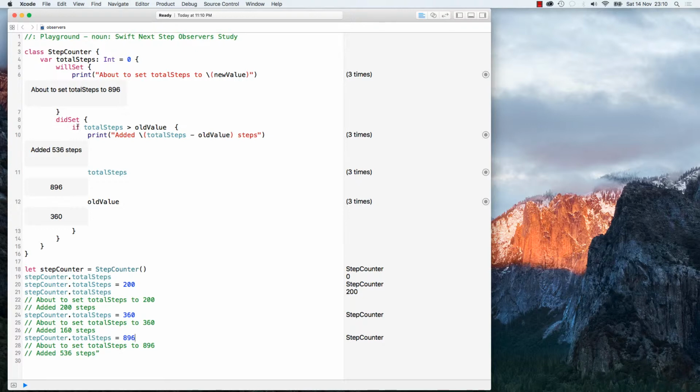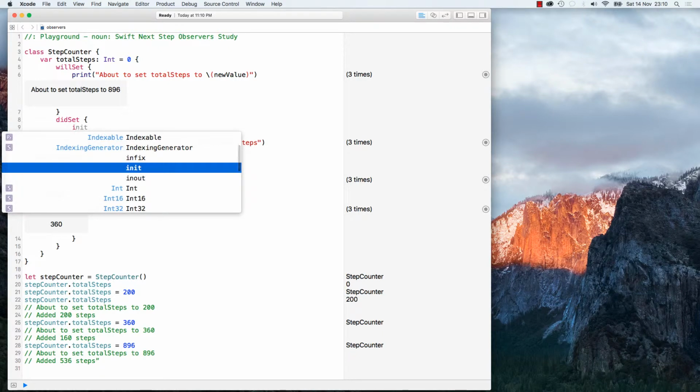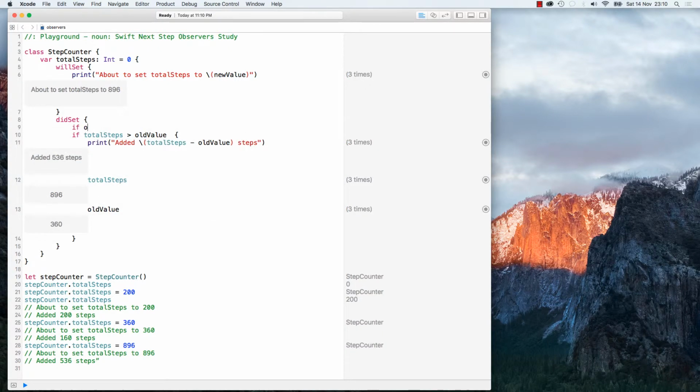So after didSet, before all this logic, we say if oldValue, totalSteps, because we are interested in the amount of steps, is greater than 1,000, then,